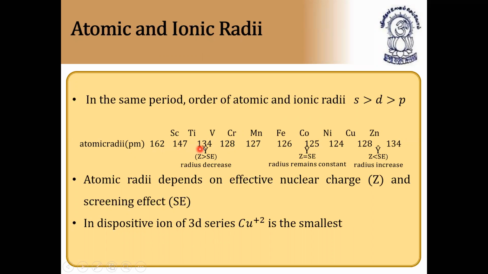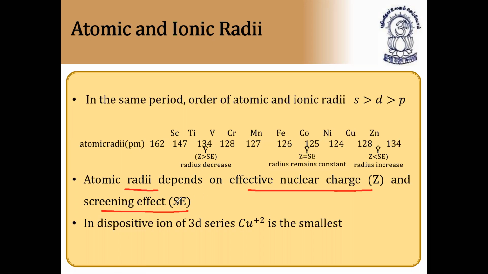As we move from left to right, the atomic radii decrease, with a sudden increase in the case of zinc. The radius remains nearly constant in between, because 126, 125, 124 are very close, and the atomic radius increases at the last. Atomic radius depends on effective nuclear charge. A very important point is that the atomic radii will not follow the general trend. Atomic radii depend on effective nuclear charge Z and